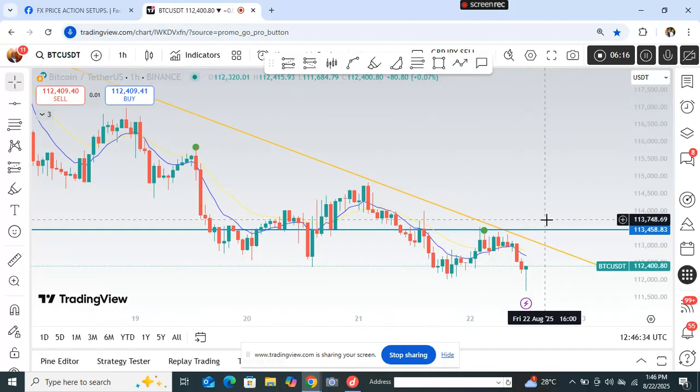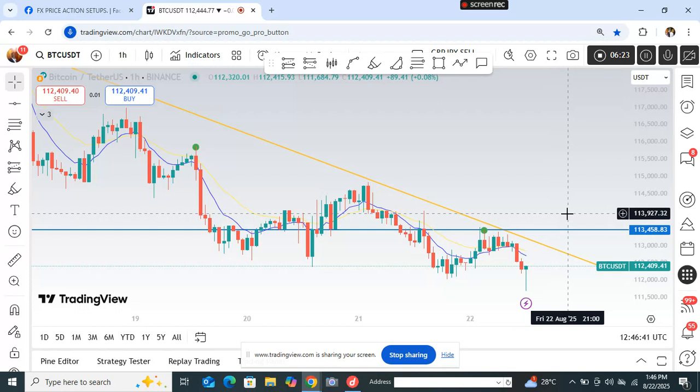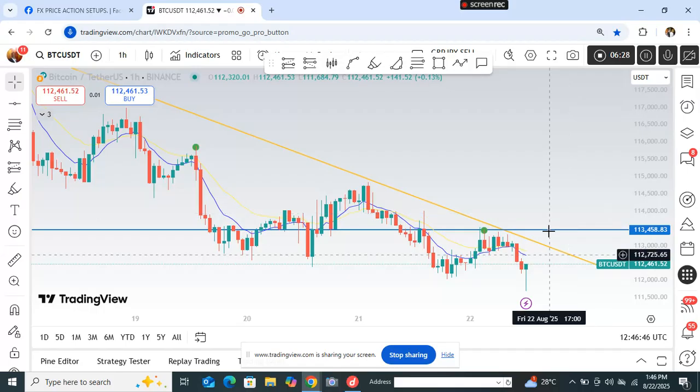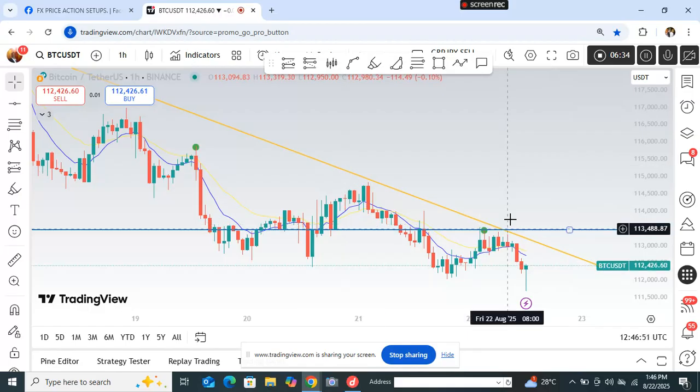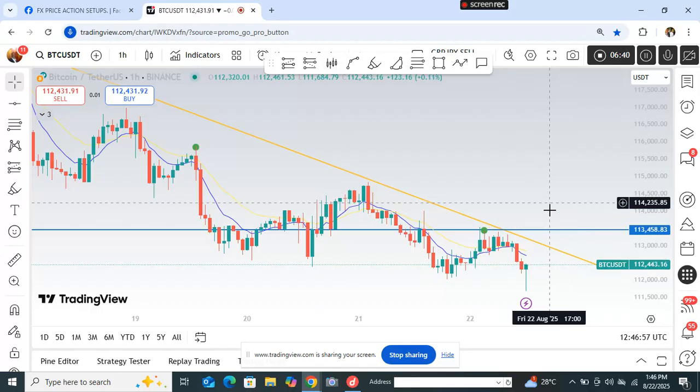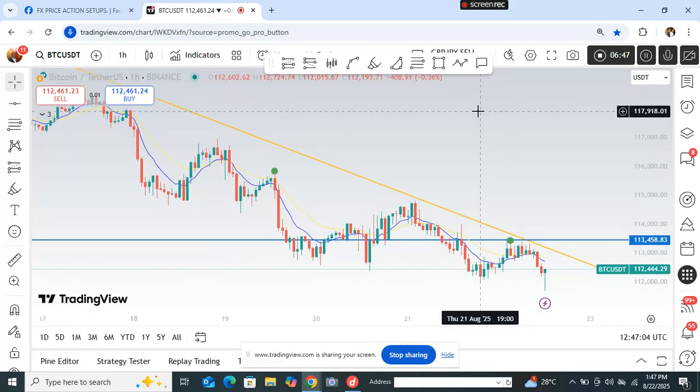So alternatively, when we want to see the price becoming more bullish, we can only look at that when the price goes above 113,927, because it will have broken this and nullified this resistance level, and also broken the trend lines above, and probably a retouch of it. And if we see it above 113 or 114, we can as well see the price going higher and higher, even back to the peak of